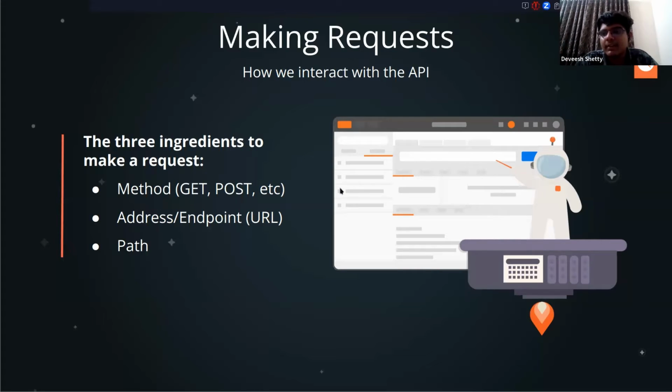Then there is update. Imagine the series has 8 episodes, and the seventh episode got corrupted. It didn't show up. So will you delete the entire series? No, you will just update that particular seventh episode. You are not creating it entirely again. You are just updating a specific part. So that is your put request. That will basically update the data.